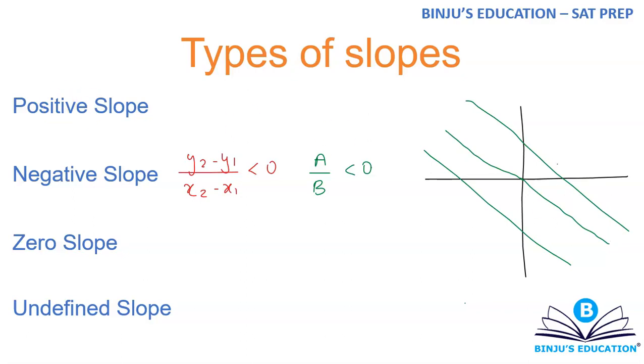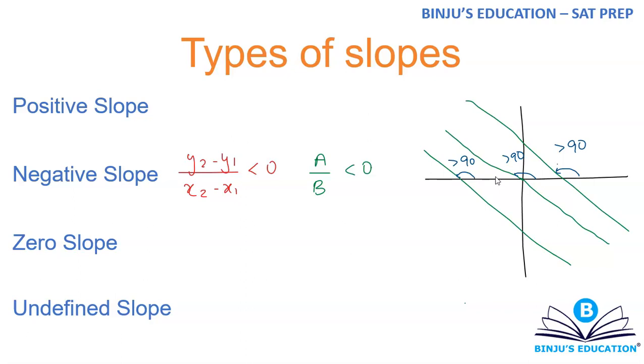If you measure the angle in the anti-clockwise direction, then you can see that this angle is greater than 90. This angle is also greater than 90. And this angle is also greater than 90. You can see that for yourself. Okay, so greater than 90, second quadrant, tan is automatically negative.